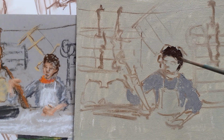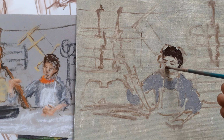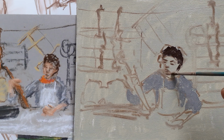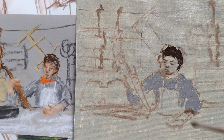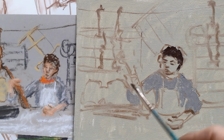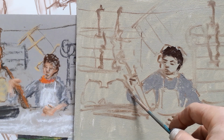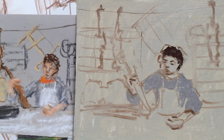Before I put any paint on the face, I am just going to add one or two dark marks for the features. Because everything is wet, I've got a wet ground that I'm working into, therefore I think it's a good idea to lay down one or two dark marks both in the face and in the hands, because I'll come back to these marks and to this kind of definition, but it's quite useful to have it laid down first so that I can then work around those dark marks